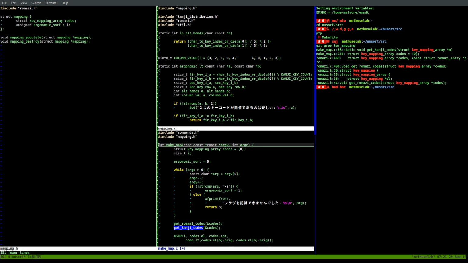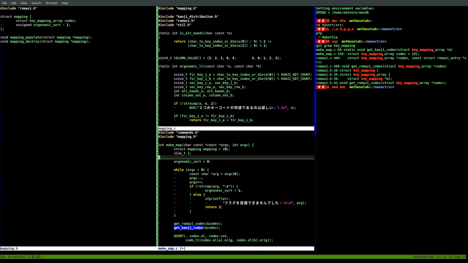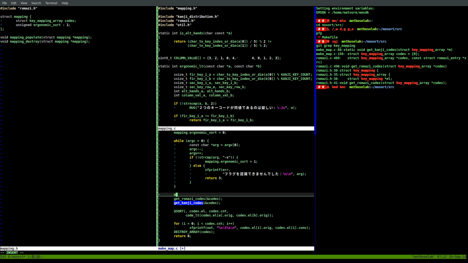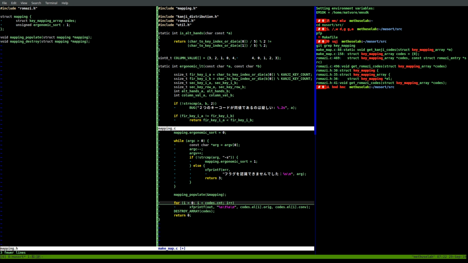All right, make map. Okay, so struct mapping equals there. And then mapping dot ergonomic sort. Then we do mapping populate. Right. And then we do a loop over